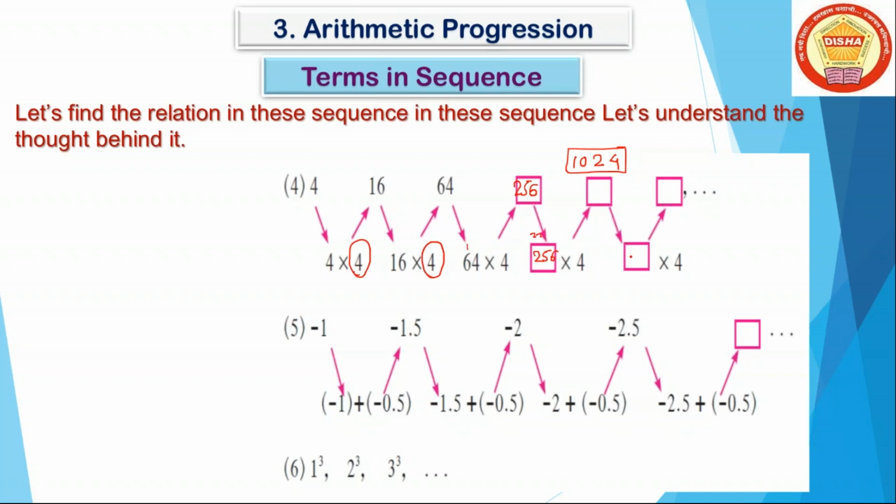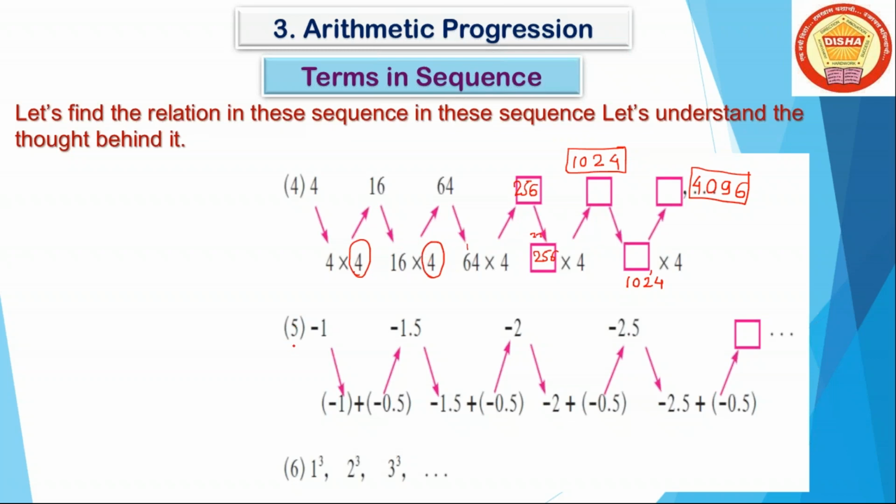Okay. Again we take this term, 1024, and multiply by 4 to find the next term. If we multiply, 4 4s are 16. Okay, carry 1. 4 2s are 8 plus 1 means 9. 4 zeros are 0 and 4 1s are 4. Means this is the next term in the given sequence. Okay, in the fourth example we multiply each term present in the given sequence by 4. This is the particular rule used for the given sequence, example number 4.